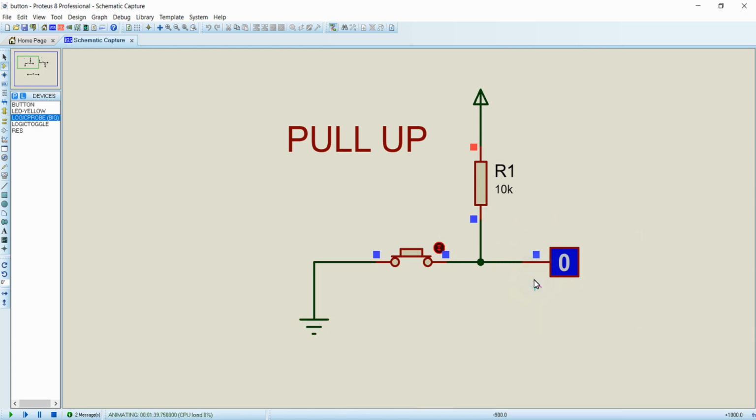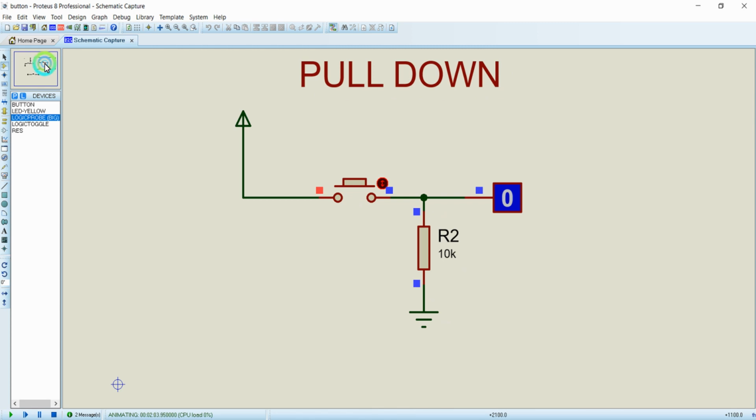So when I press this button, the GPIO of the Node MCU will be in low state, and when I release this button, the resistance of this path increases, so the current flows in this direction, making the GPIO of the Node MCU high. So when I press this button, the GPIO becomes low in pull up logic, and when I release this button, the GPIO becomes high. This is the inverted logic of pull up.